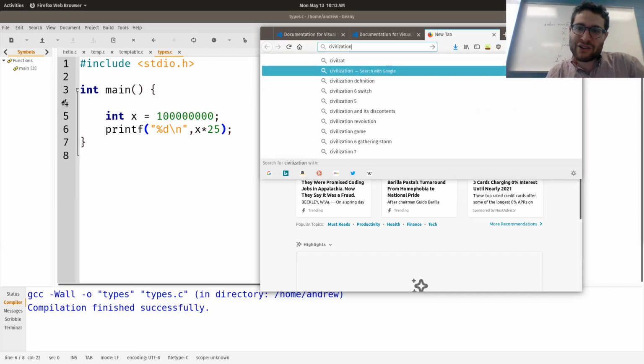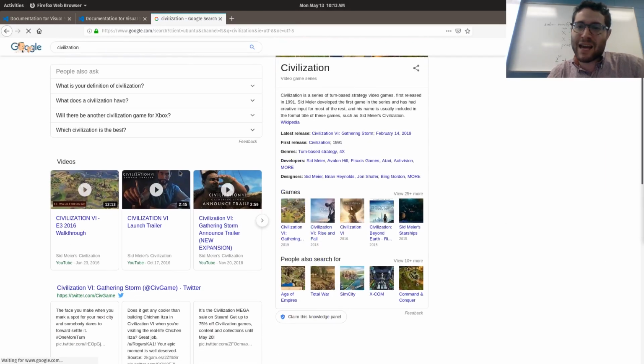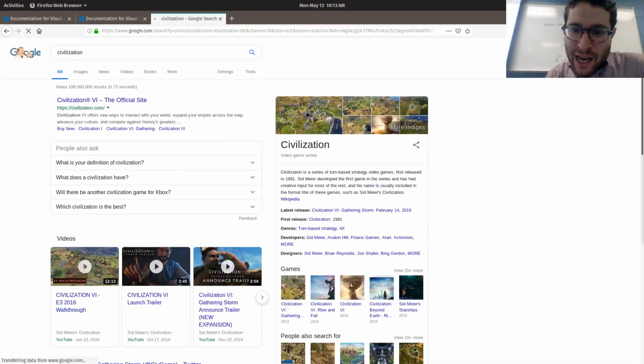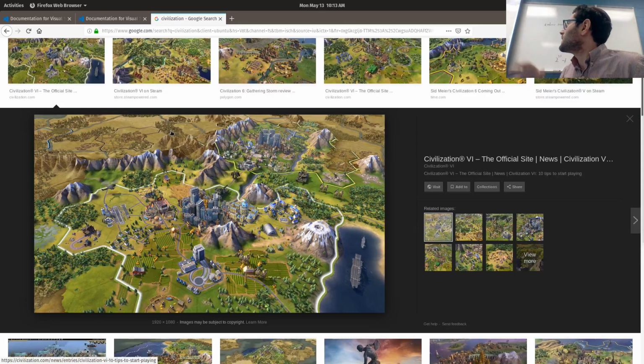Sid Meier's Civilization is the official name. It's a computer game, very popular, where basically you take a country and you build up your borders, your military, and try to take it from basically the Stone Age to the modern era and beyond, right? And try to achieve victory in some way, either by conquering all your neighbors, or sending off something to Alpha Centauri, or having everybody elect you world leader, right? Some way of achieving victory.